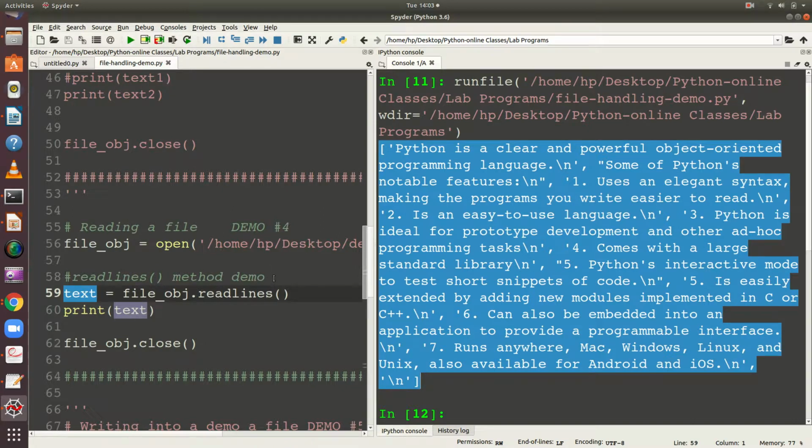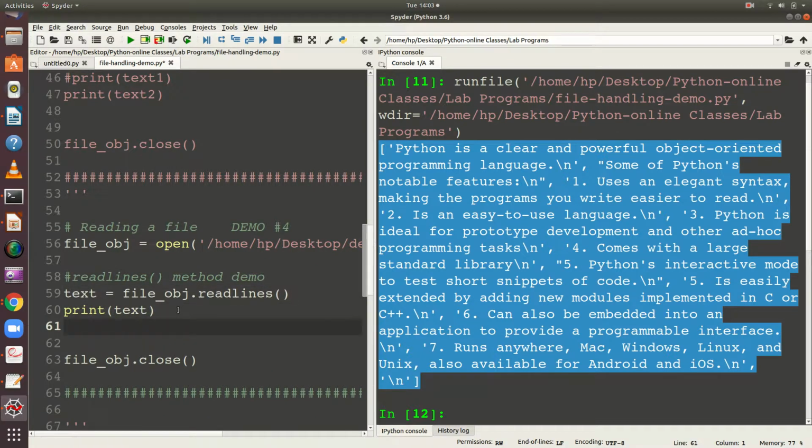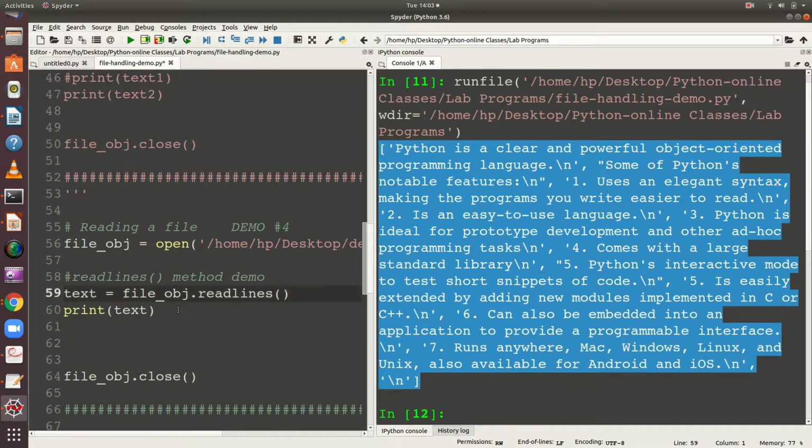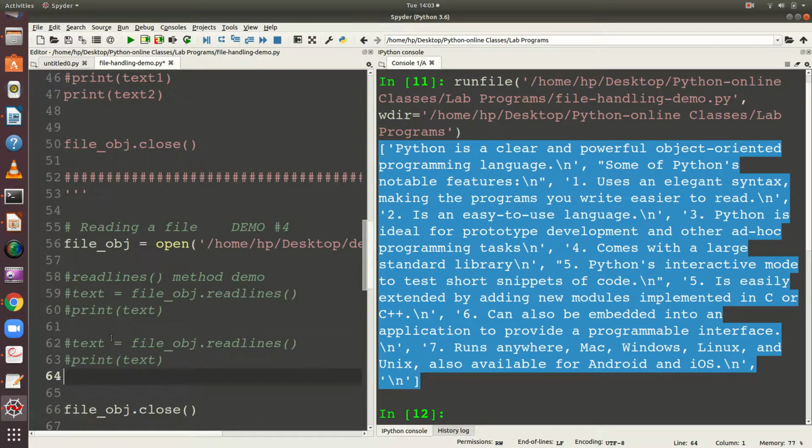Whereas if you give readline, it is going to be just one line. Let us check that also. Let us comment it here. Okay, I am going to give readline.